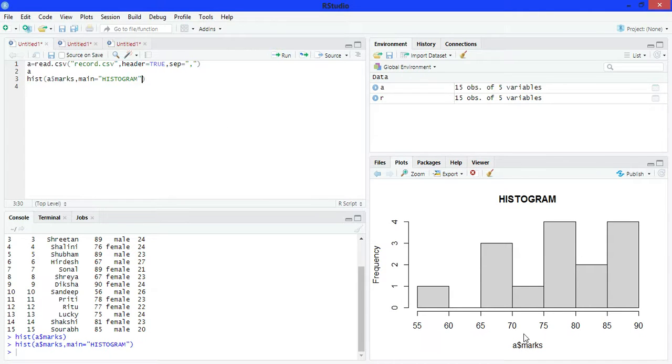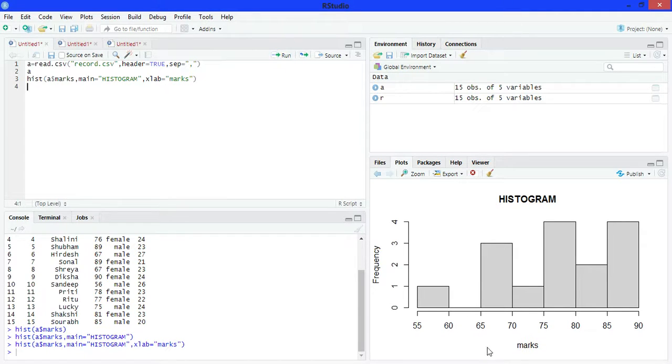If you want to give a name to the x-axis here, then write xlab is equals to marks. Run it. See here, marks.